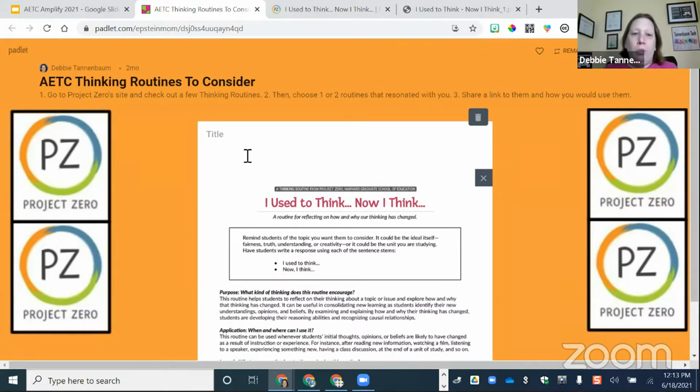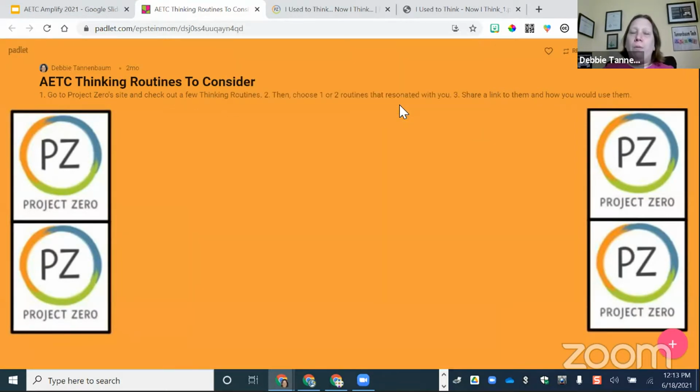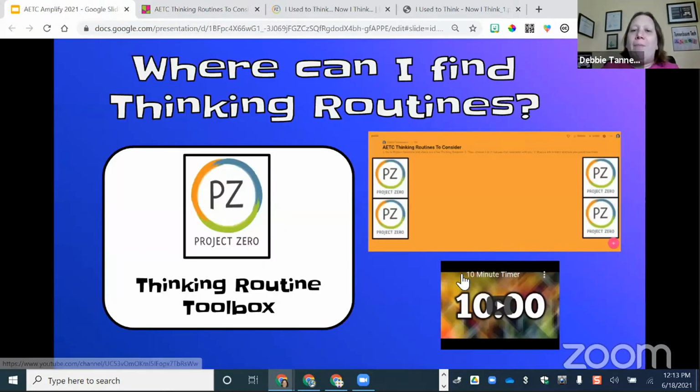So that's what we're going to be doing for the next 10 minutes: exploring. I have bitten the bullet and I have premium Padlet, so this will always be available for you. This is going to be our way of collecting and crowdsourcing some. Every time I do this, somebody shares one that I've never looked at before, and after the session, I immediately go and look at it. So I'm going to give you about 10 minutes. Your goal is to look through these thinking routines, pick one, and then share it in the Padlet. Let's get started. I can't wait to see what you find.